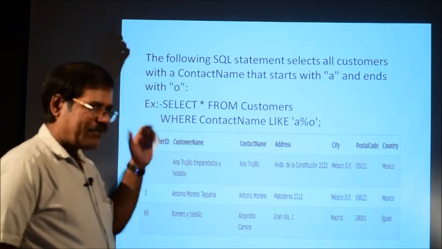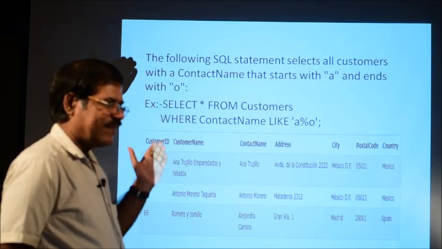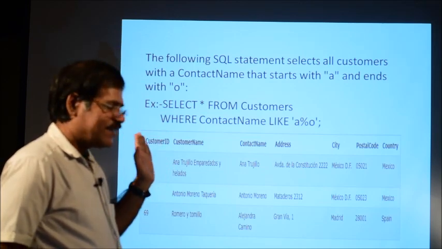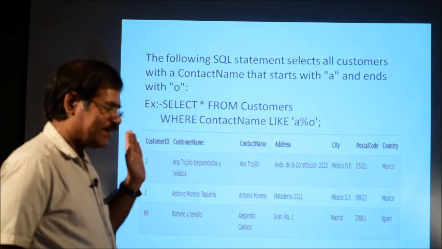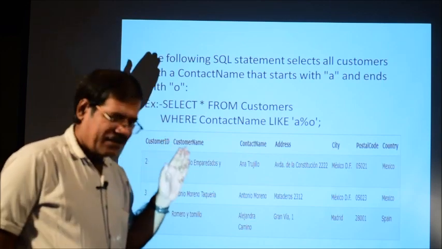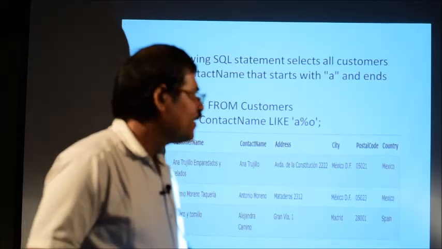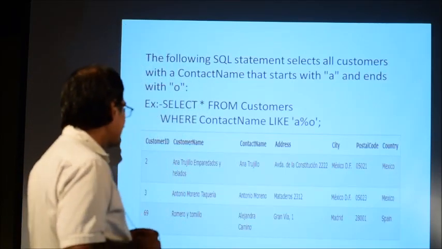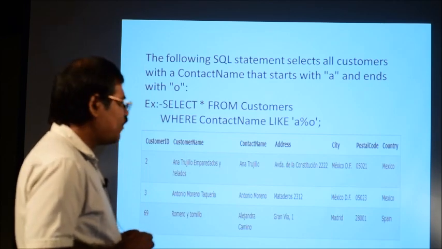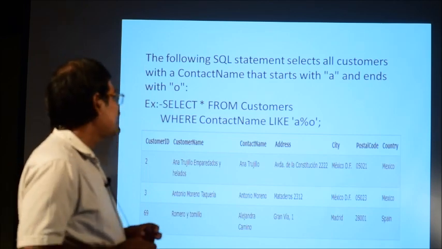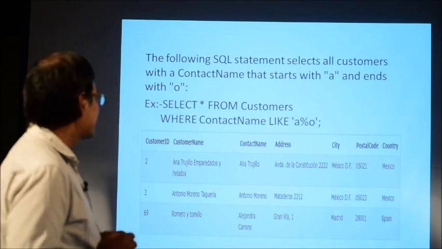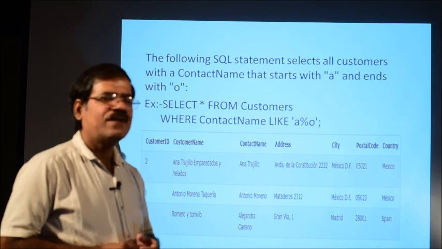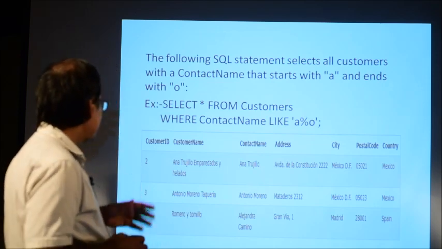In the previous example I wrote percentage A. Here A percentage means A is the first letter or first character, and percentage O means O is the end. So we combine the previous two examples. Select star from customers where contact name like A percentage O means A is the first and O is the last, the contact name starting with A and ending with O. Here three records are selected: